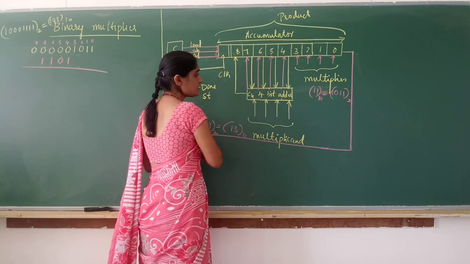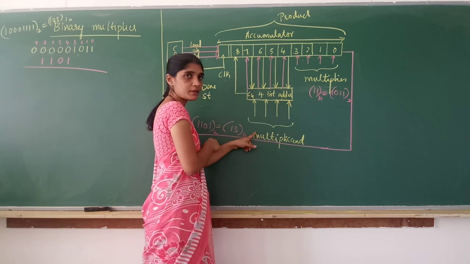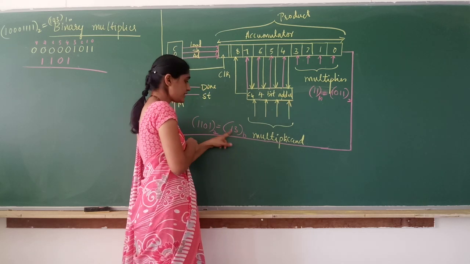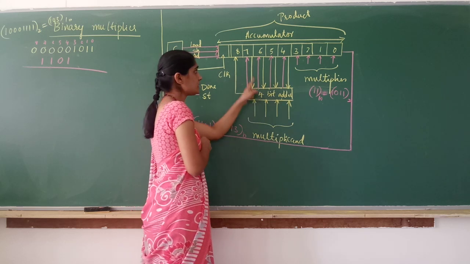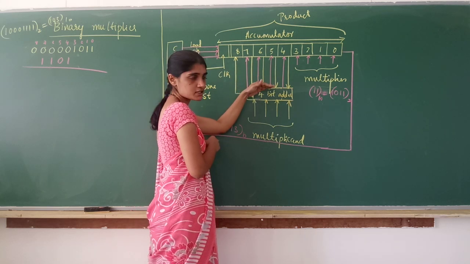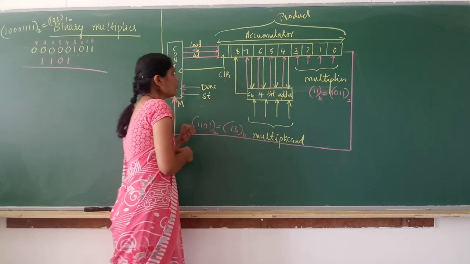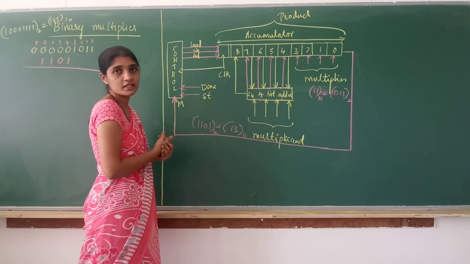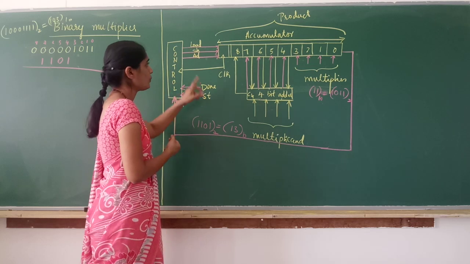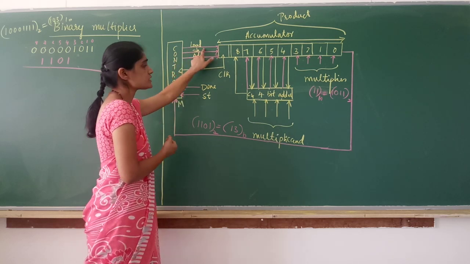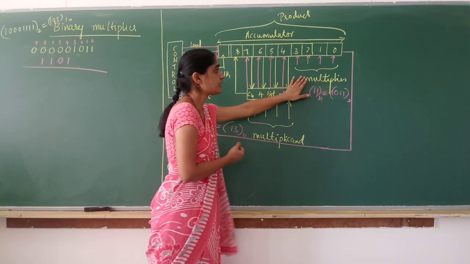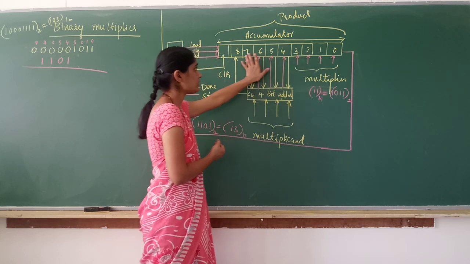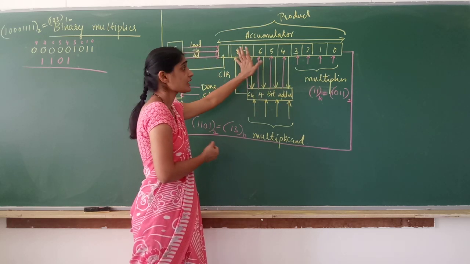Okay, so this is an adder. To the adder, one input is the multiplicand. In our example, it is always 1101. And the other input will be the 4 bits of the accumulator. Right? And now, what is this shift and add? When to shift, when to add the contents of the accumulator? So first, when you give the start signal, the load signal will be out. So it loads the content of the multiplier to the accumulator and the remaining 5 bits will be equal to 0.